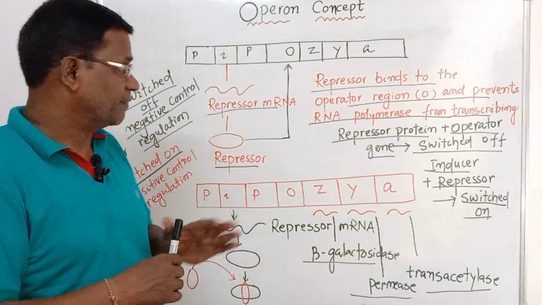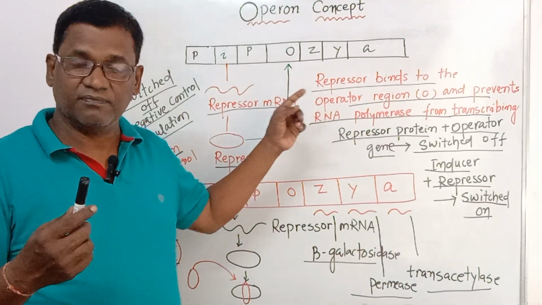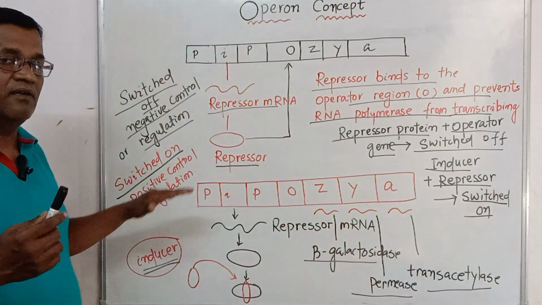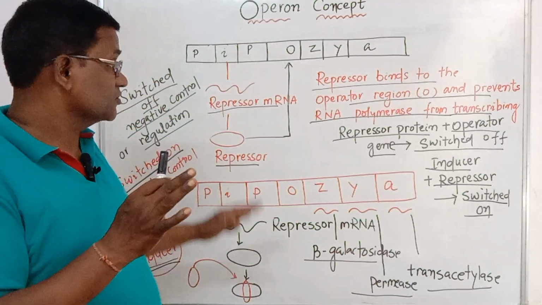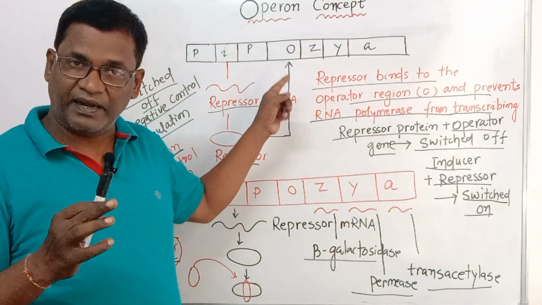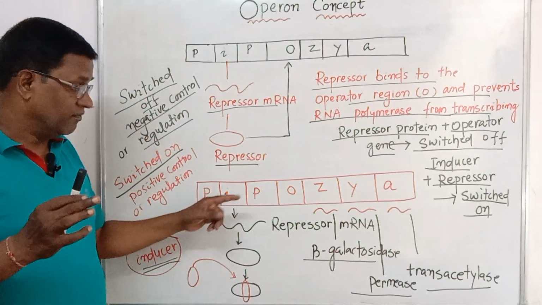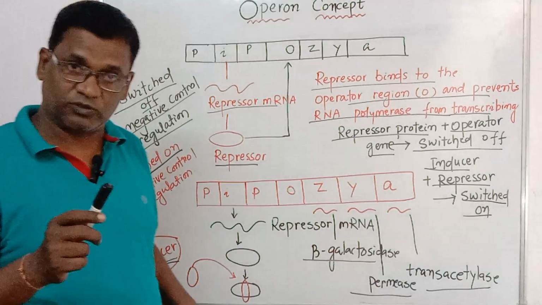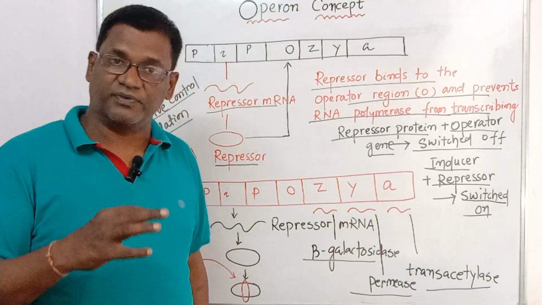When this operon, when the enzymes become active, that means when it will active, when the lactose is present, then we call it a switched on condition. When the lactose is absent, which is called a switched off condition. And in the switched off condition, the enzymes will not secrete because operator will bind by the repressor protein. When switched on, when the repressor protein will develop, it is bind by a inducer or lactose. Then the three enzymes become continuously formed.